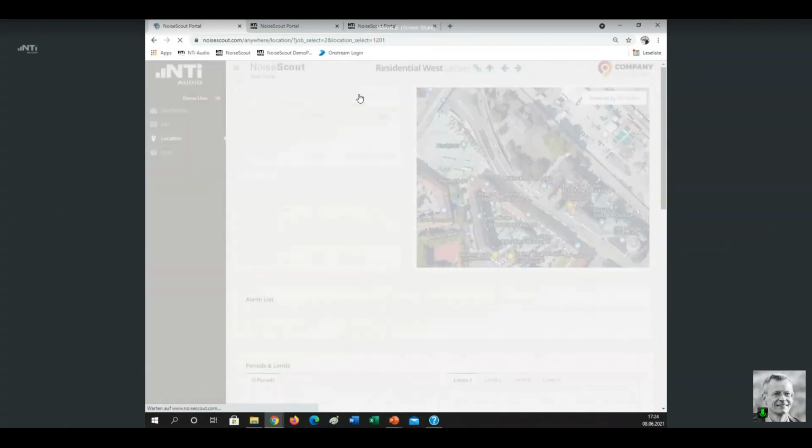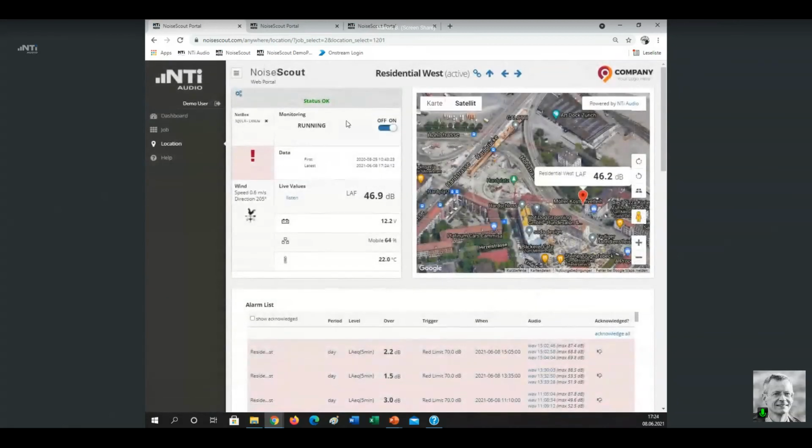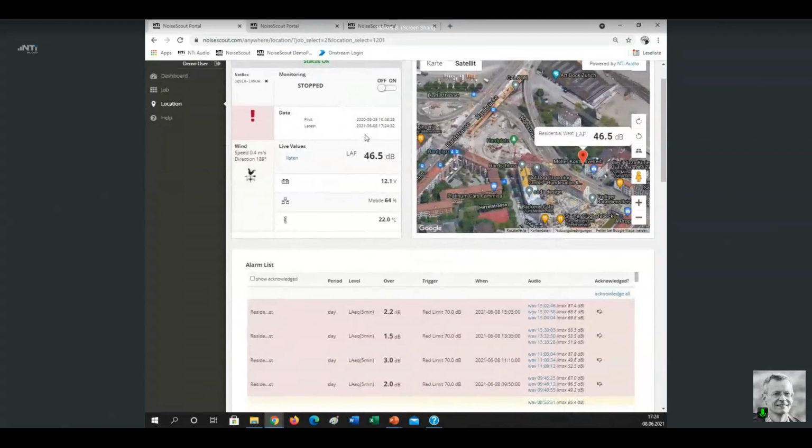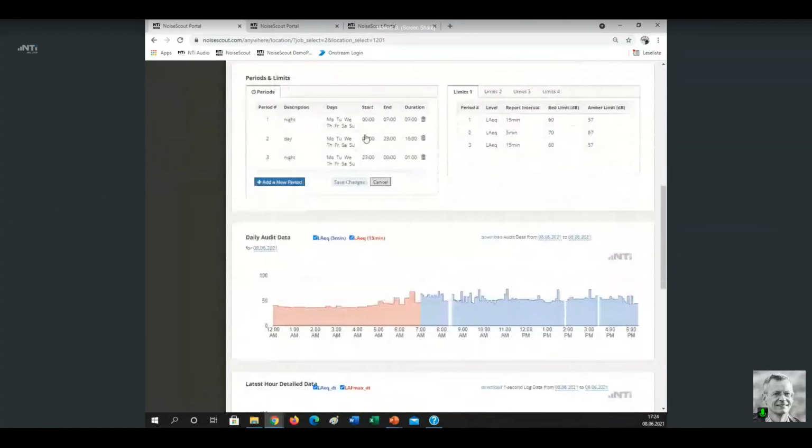So I want to show you now how you can prepare that self-test in the very beginning. For that purpose, I need to switch off my noise monitor. Switch off means now in this status, it is not recording any sound level anymore, because the self-test needs to be done in this idle state.